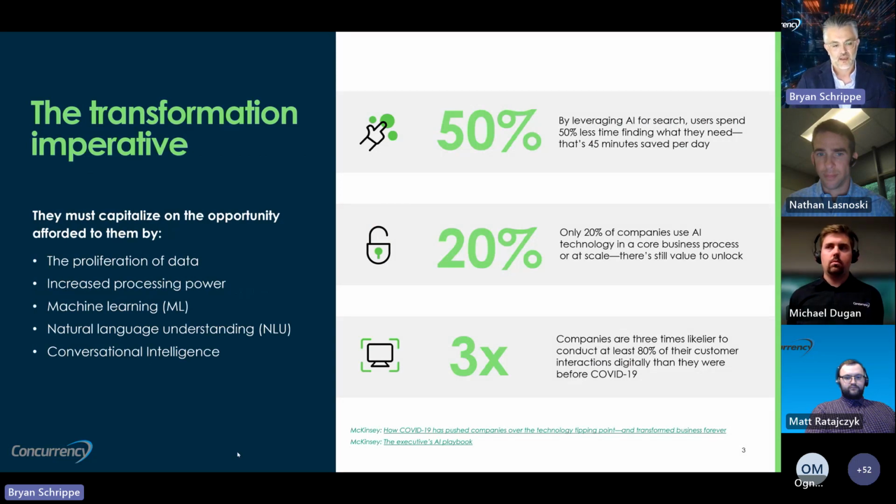So there was a recent discussion from McKinsey where they discussed something called the transformation imperative. And it's with this resurgence of data and the amount of leveraging we can do with things like machine learning, natural language understanding, and conversational intelligence, there is an extreme amount of benefit that can be leveraged internal to your organization to speed up first call interactions, end user facing interactions where you're leveraging AI to enhance the experiences and reduce phone calls from front-end portal interactions,